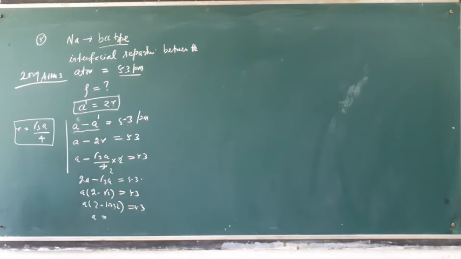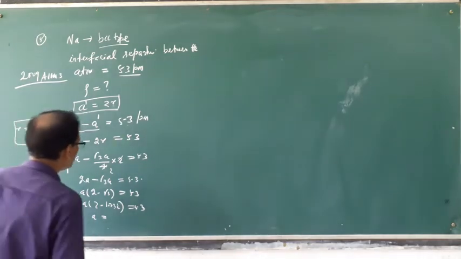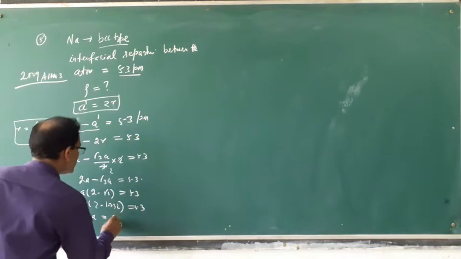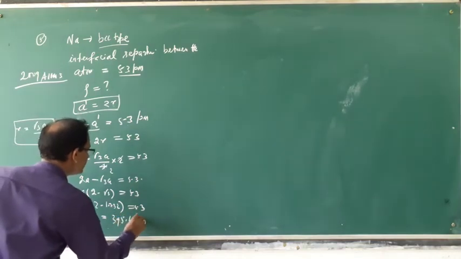2A is equal to root 3A by 2. Root 3 by 2, that is 2A minus root 3. Correct. A value will be how much? A will be here, picometer 53 given. Here how much coming? 395.6. 395.6 picometer.